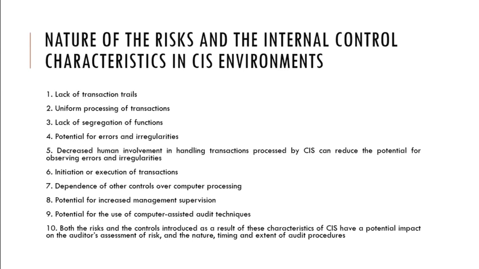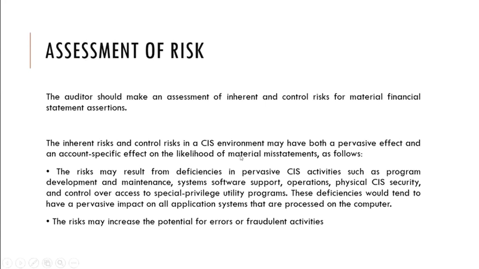Okay, so again, as of this point, we should already appreciate the effect of the CIS environment when it comes to the scope of the audit and our approach in conducting the audit. Then, assessment of risk. The auditor should make an assessment of inherent and control risks for material financial statement assertions. This one is also applicable for manual operations, right? So we should also assess the inherent and control risk as what I have